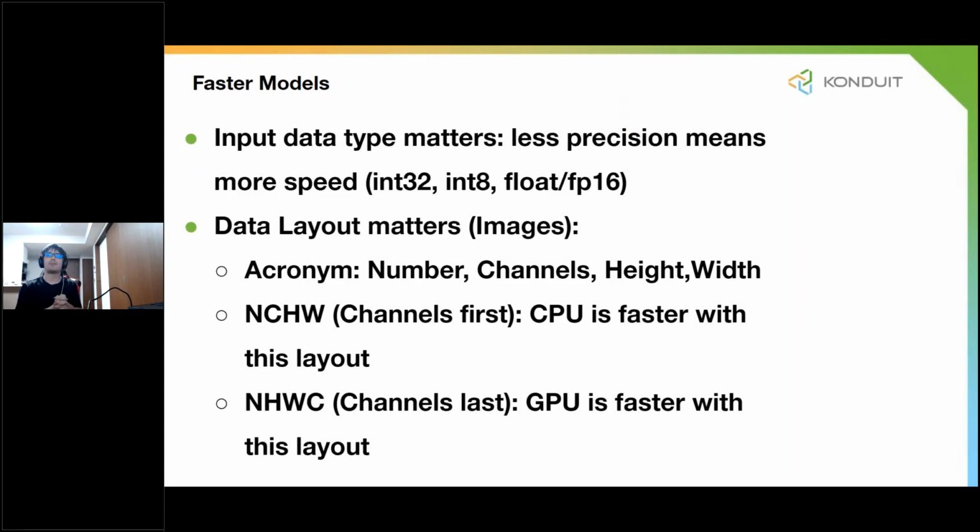So something that people may not be familiar with is that CPUs, for example, typically use something called channels first layout, which means that when I talk about channels, I mean RGB. This is the most common thing. So you have your three channels, R, G, and B. Depending on how you lay out your image, the CPU libraries are actually faster with that